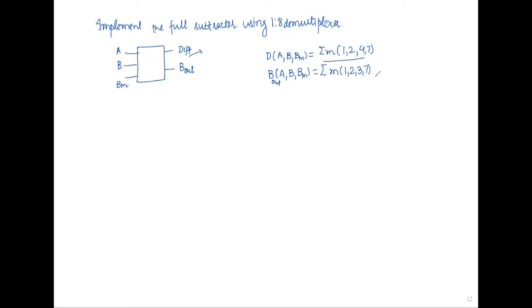Now, you have been asked to implement using a 1:8 demultiplexer. So you will be making a demultiplexer like this, 1:8.